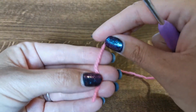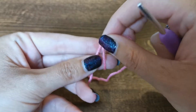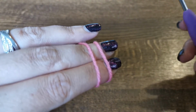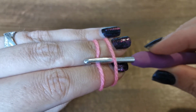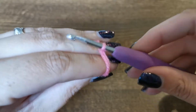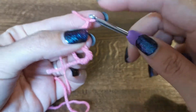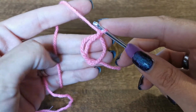So I just start with my tail end. Wrap my yarn around just my first 2 fingers, so that you end up with a little cross, so that when you turn your hand over, you've got 2 little parallel lines. Holding it is what I found most people have the biggest problem with. And then you just go under your first one, grab the second one, pull it through, and give it a twist. And then when you take your fingers out of the loop you've made, just make 1 little chain stitch, and that will hold it all together. And it gives you this big loop that you can work all your stitches into